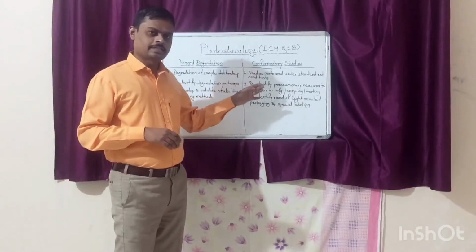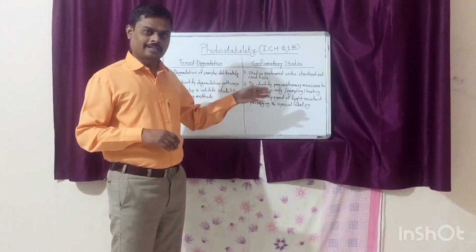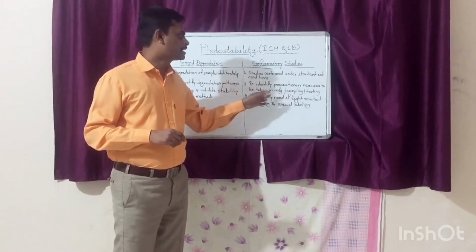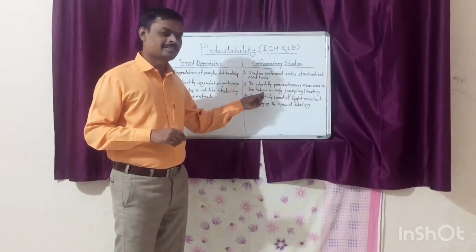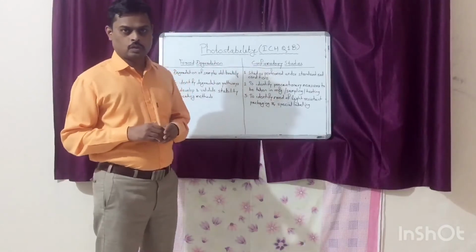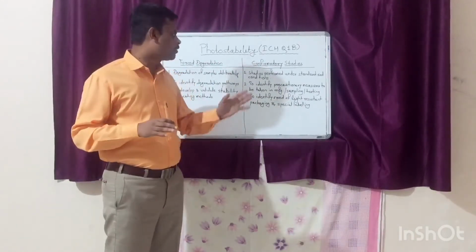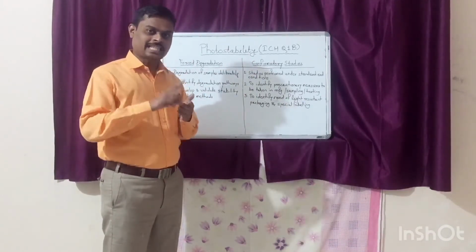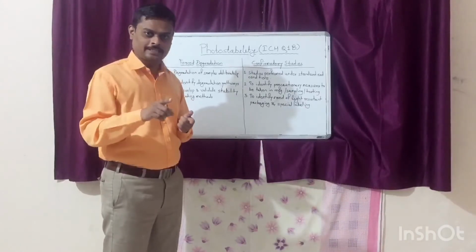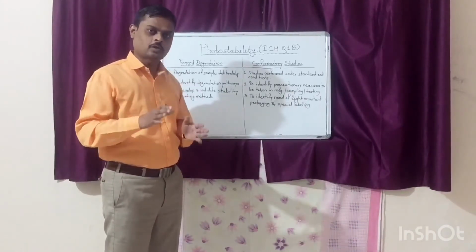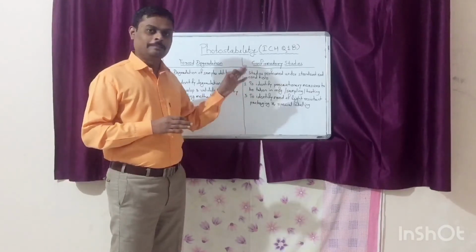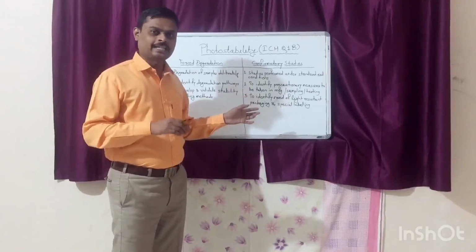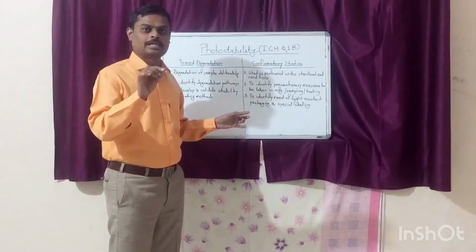The confirmatory studies are those which are undertaken to establish the photostability characteristics of the drug substance or drug product under standardized conditions. So what are the standardized conditions for confirmatory studies? For confirmatory studies, the samples should be exposed to light providing an overall illumination of not less than 1.2 million lux hours and integrated energy of not less than 200 watt hours per square meter.